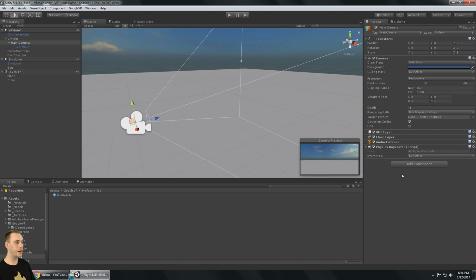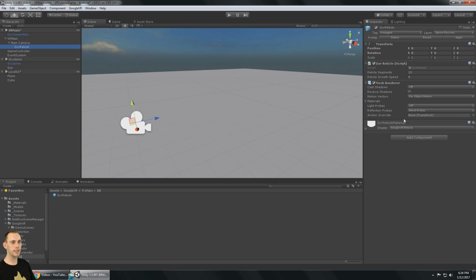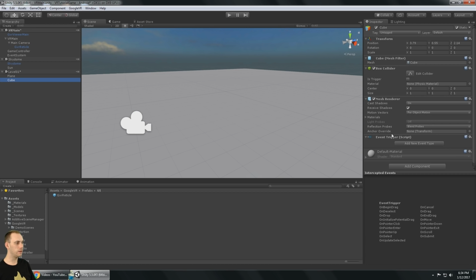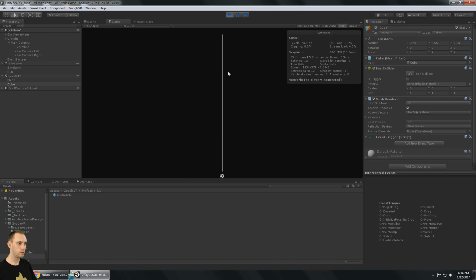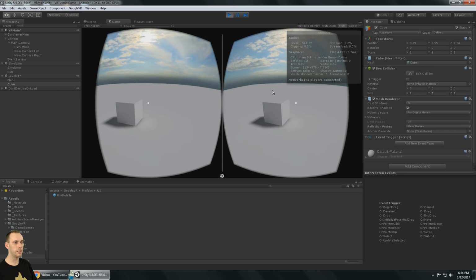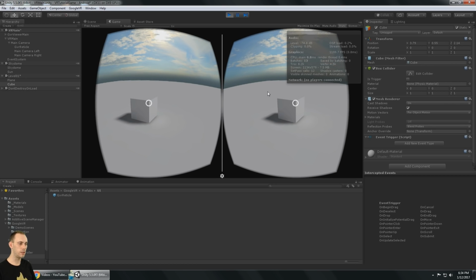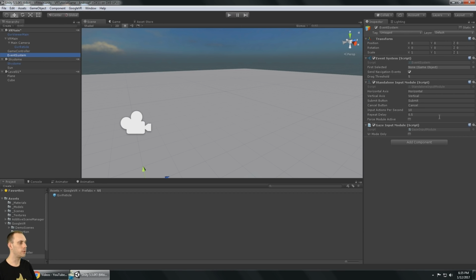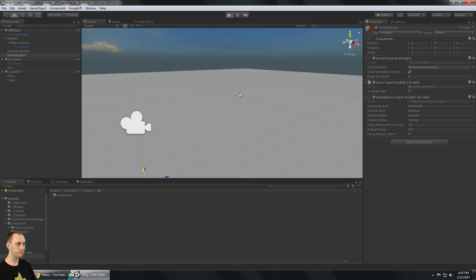And so if I have a physics raycaster on the camera, we got the GVR dot prefab here. The cube has a box collider and an event trigger. Then we should get interaction. And so you can see when I look at the box, the dot turns into a circle, and when I move my mouse, it resets it. The reason why is because the standalone input module has priority, and we need to move the gaze input module above the standalone input module. So we have basic input,